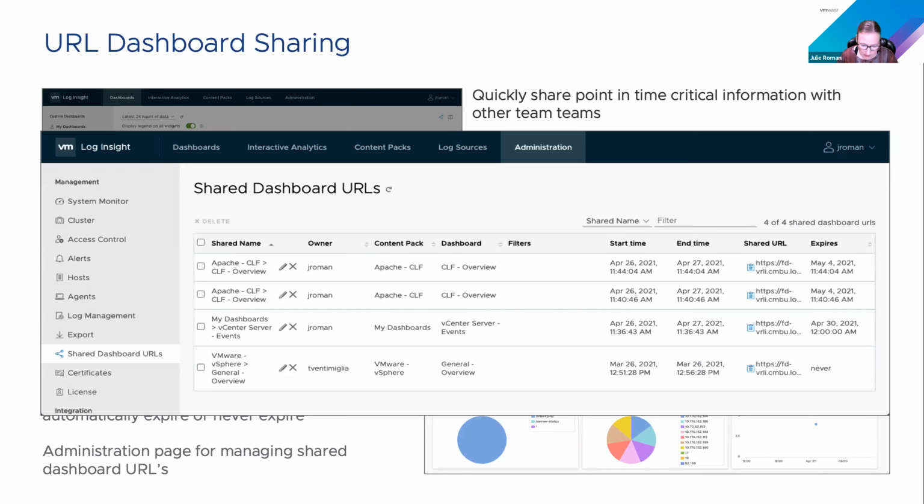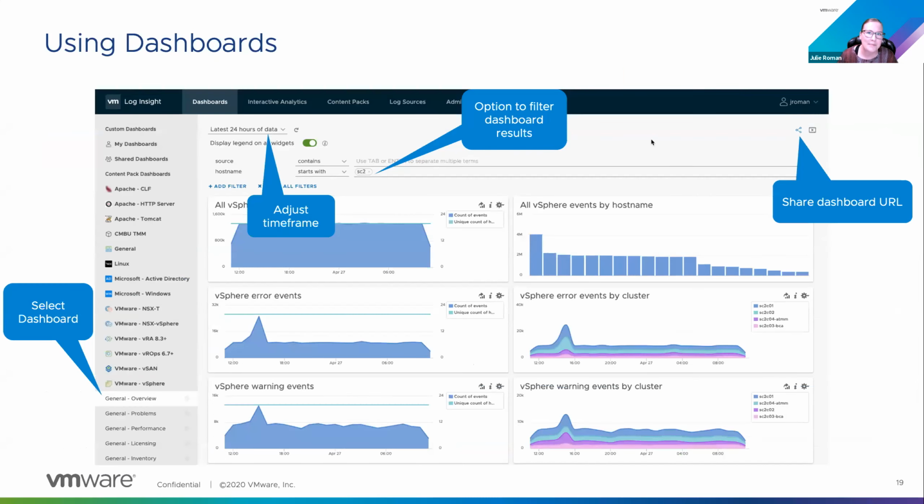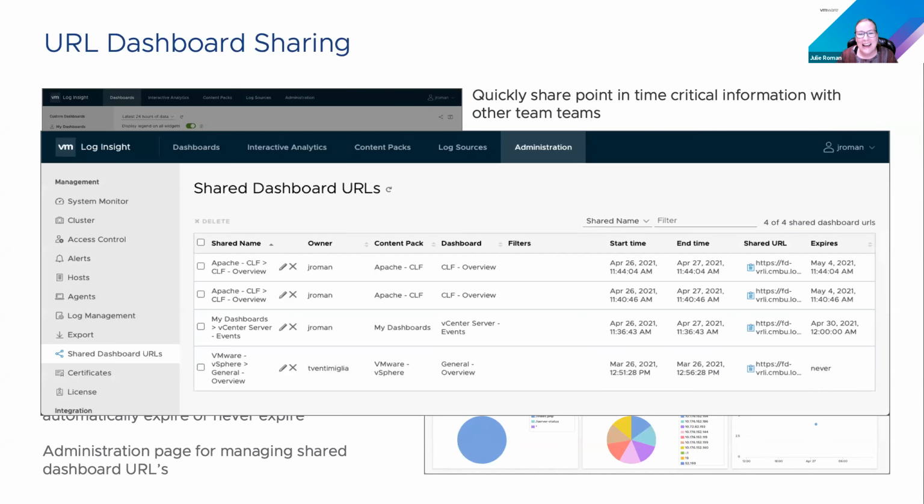Let's see. Remco is asking, is there any easy way to figure out if your Log Insight cluster is sized too small? Yeah, it would just be whatever the CPU and RAM. So going back a few slides, I'm not going to go all the way back there actually, but if it has that same CPU and RAM, then it would be a small if it matches up with that specification.